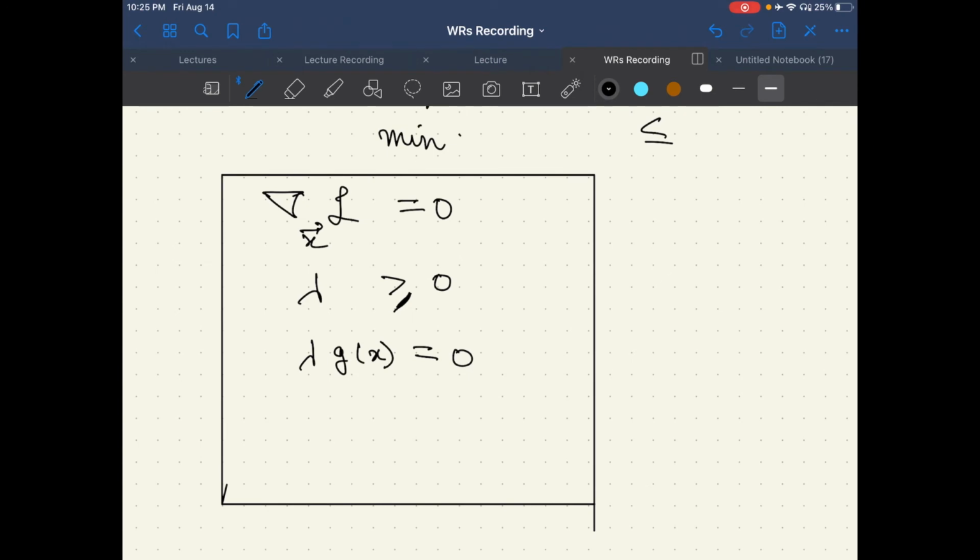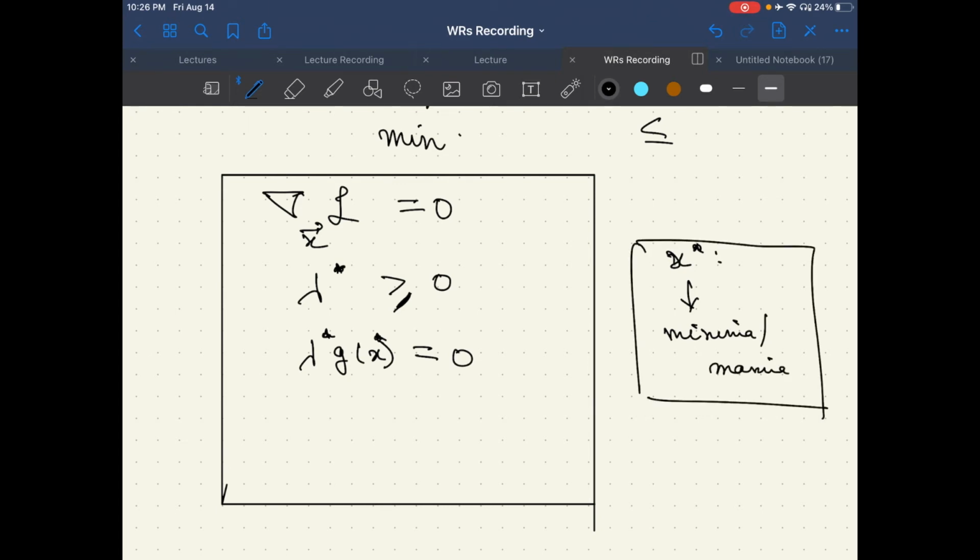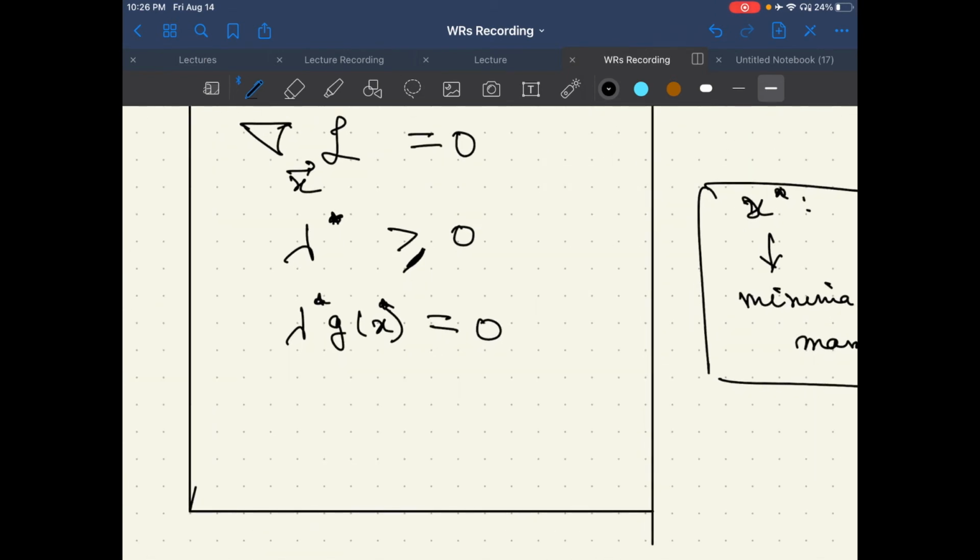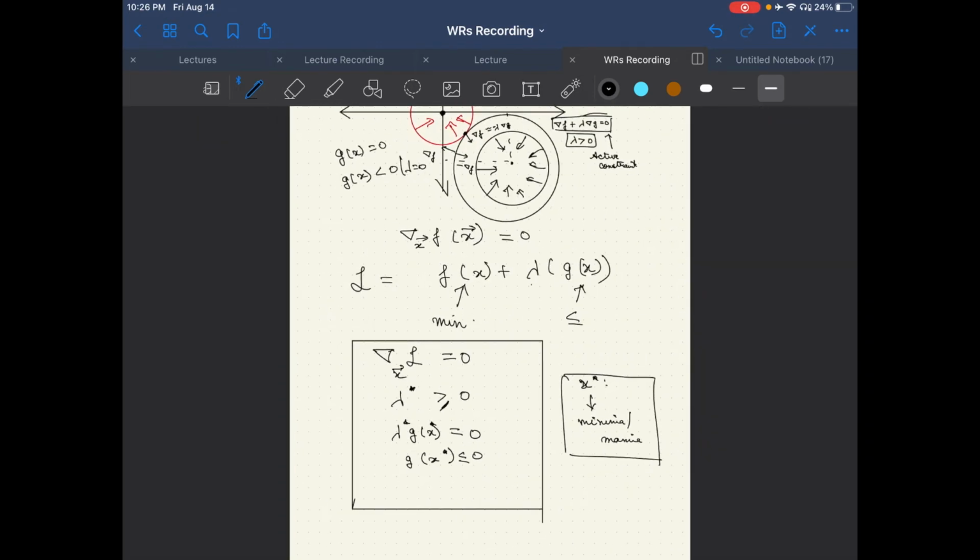And all these points that we are considering are at the point of optimality, and that would mean that our x star has been derived from the fact that at the point under consideration, we are checking for a point that we have obtained as a potential minima or maxima candidate based upon the gradient consideration. Also, our constraint should always be satisfied, that is, g(x star) has to be less than or equal to 0, because this was our prime constraint, and we also call this the primal.